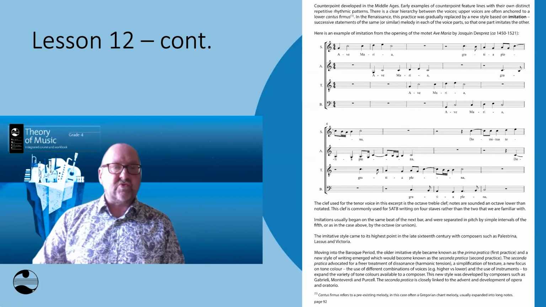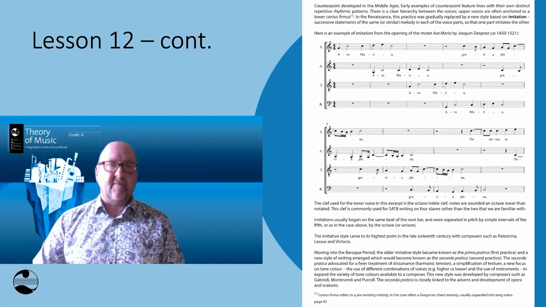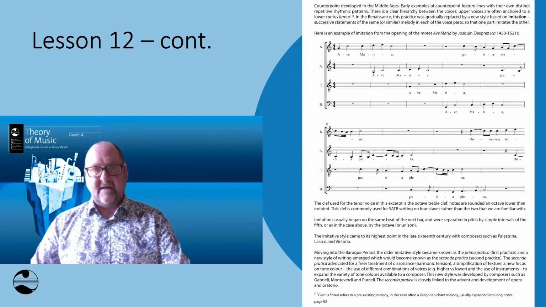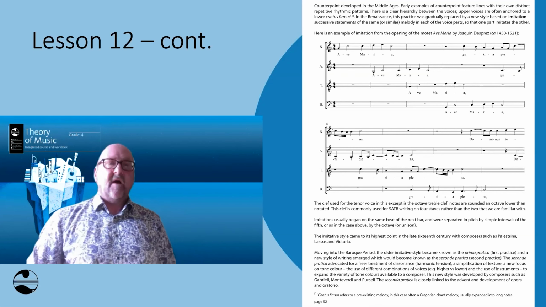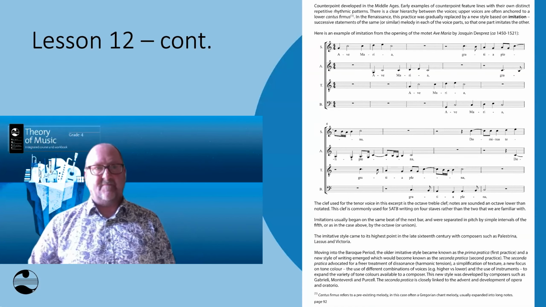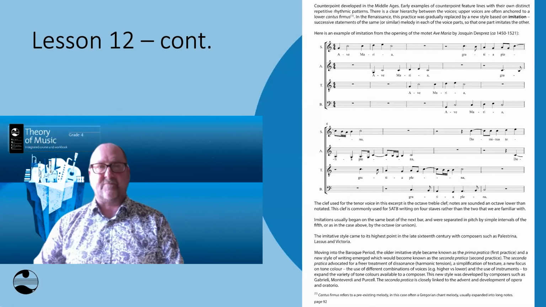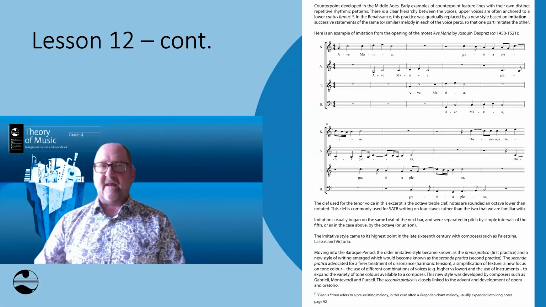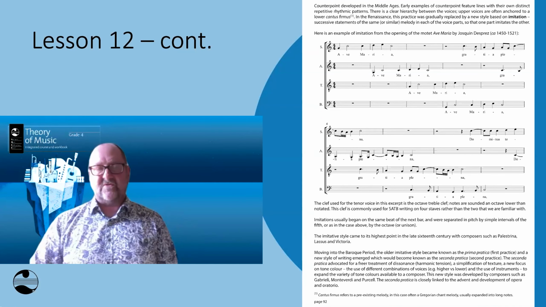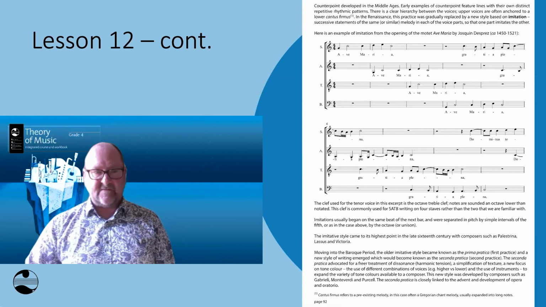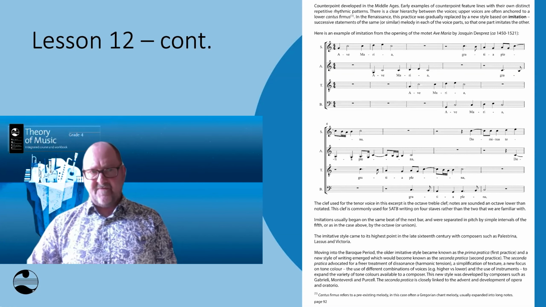And then I talk about counterpoint as being a texture in music, and homophony also being a texture in music. And I may be bending some people's brains at this point in time, but again, I would refer you to the book for a fuller explanation of what these words mean. So let's go forward now.